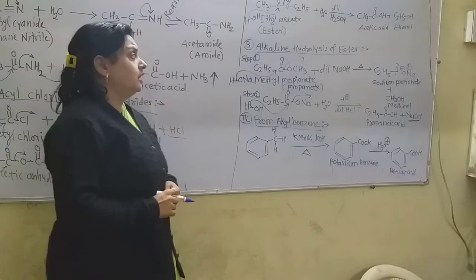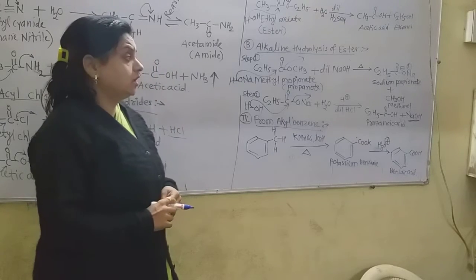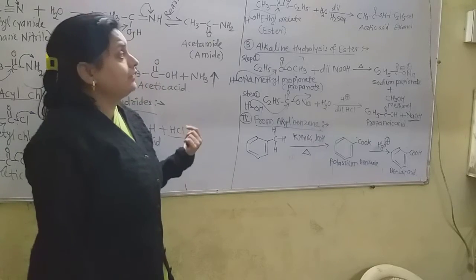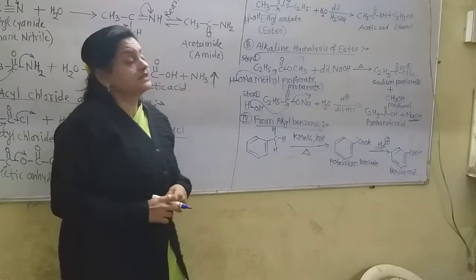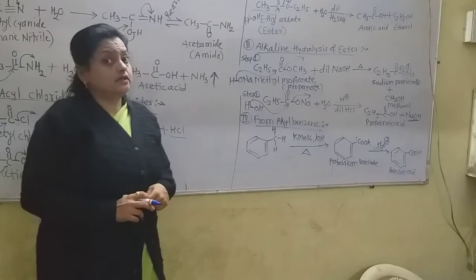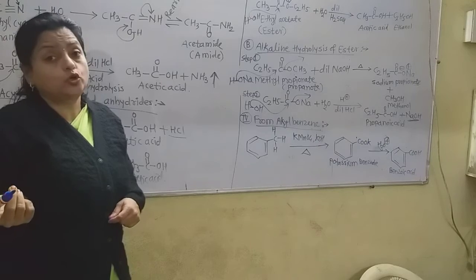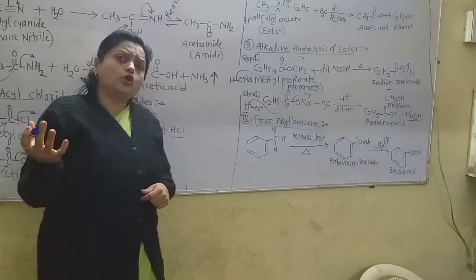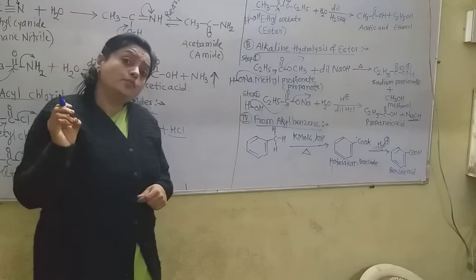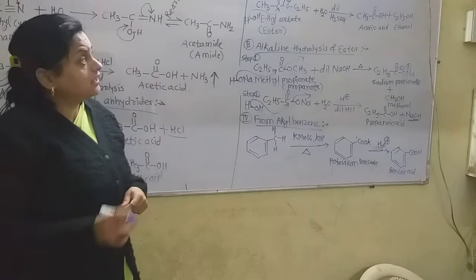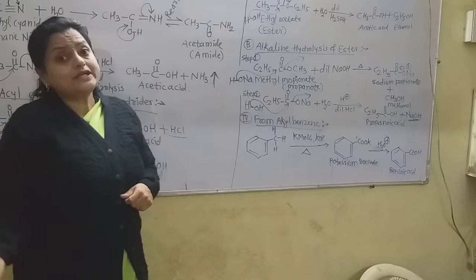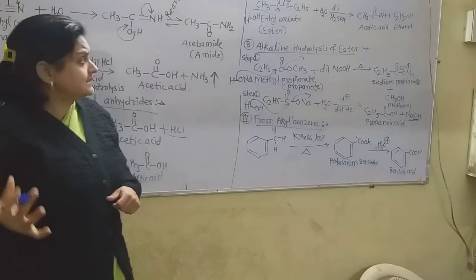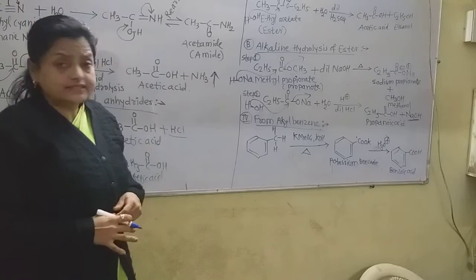Now in this way, in two steps, the carboxylic acid is obtained if we do the alkaline hydrolysis. But for acid hydrolysis, only a one step mechanism is there for obtaining the carboxylic acid. They may ask a short note on this topic. If they ask the question, write a short note on hydrolysis of esters, you must know that in hydrolysis of ester there are two subparts, acid hydrolysis and alkaline hydrolysis. In acid hydrolysis there is only one step, and in alkaline hydrolysis there are two steps.